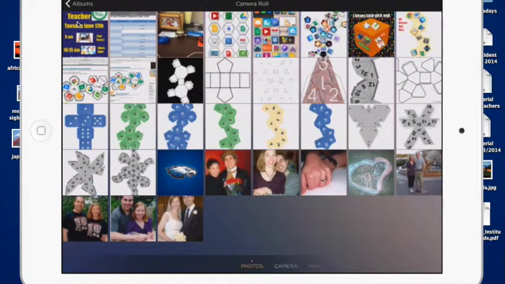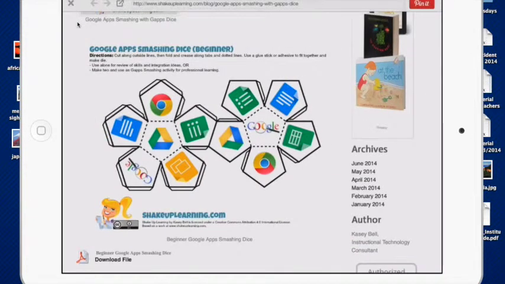Once it is, you actually will come to the main role here. You can actually do it, and actually I'm going to do right here because I am doing some stuff with my app dice here. So I'm going to click on this wonderful Google Apps dice here that was created by